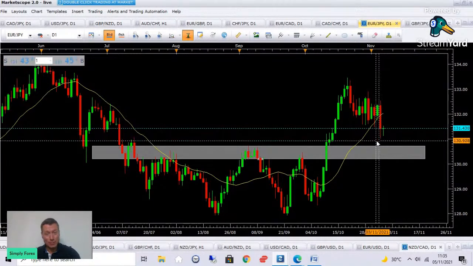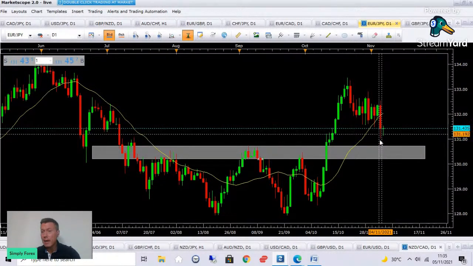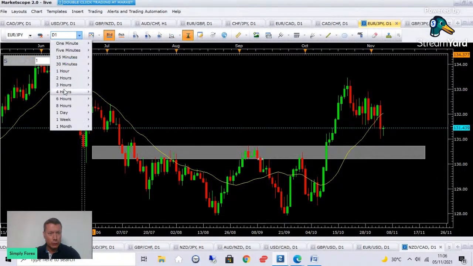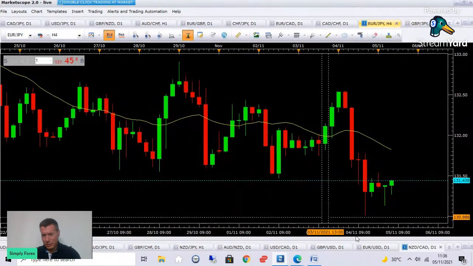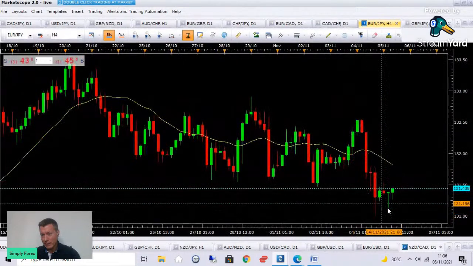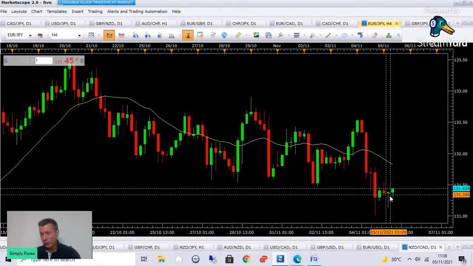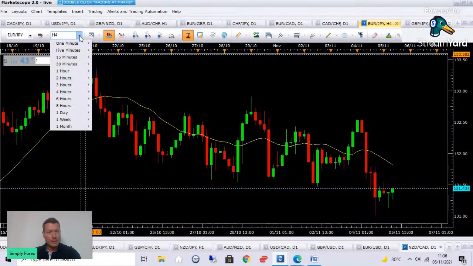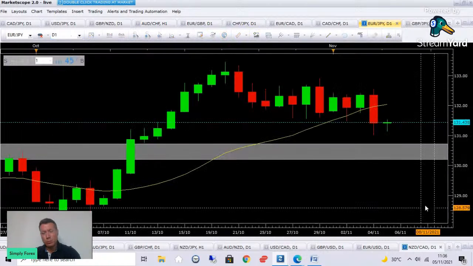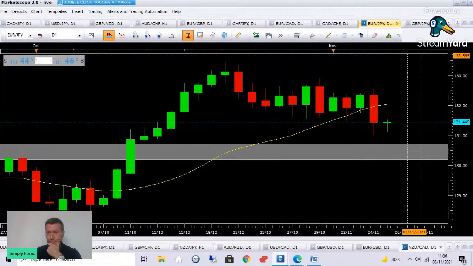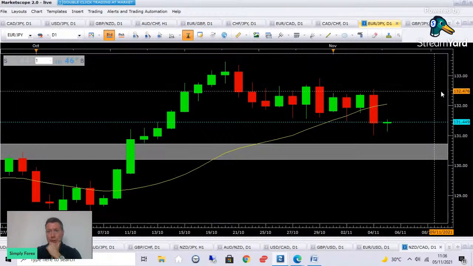I do think it has a little bit of potential to go lower, but it's jumped up off of 131. I would maybe look at the H4. You can see price rejecting that psychological level, and you've got a green H4 candle. So I wouldn't short it, and I definitely wouldn't long it. Let's stay out of the Euro Yen. Next one, guys, Euro New Zealand dollar.